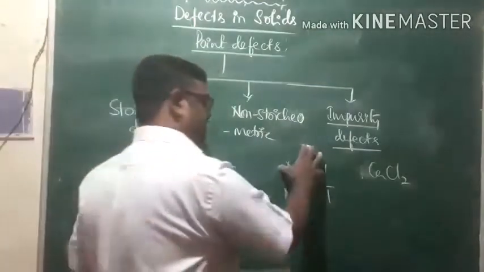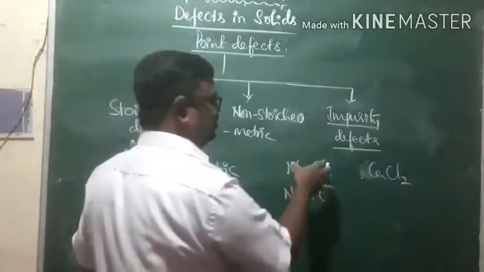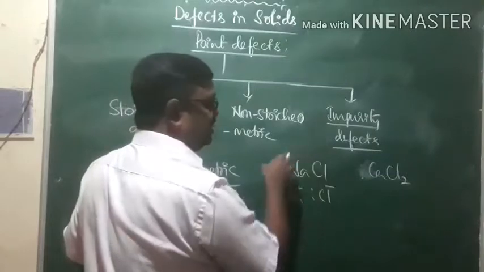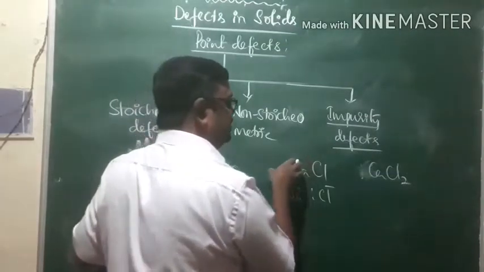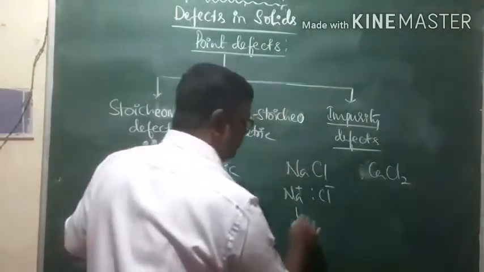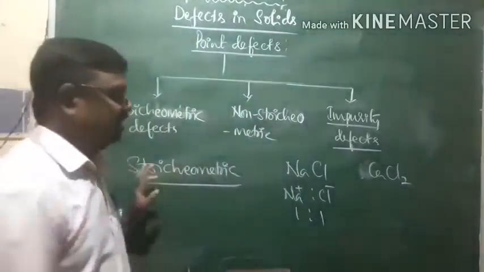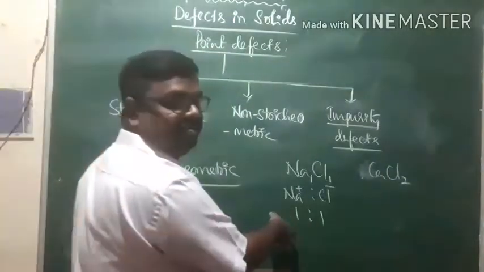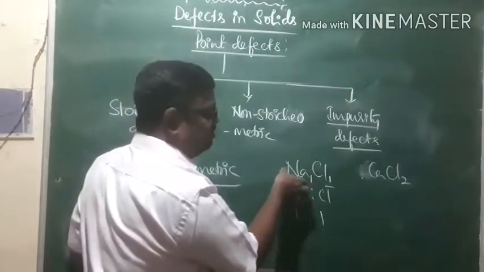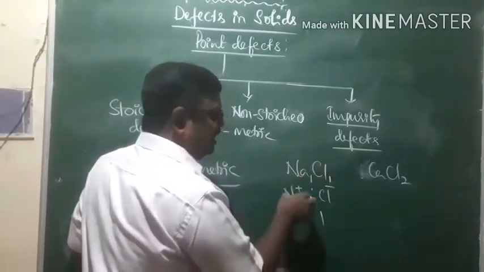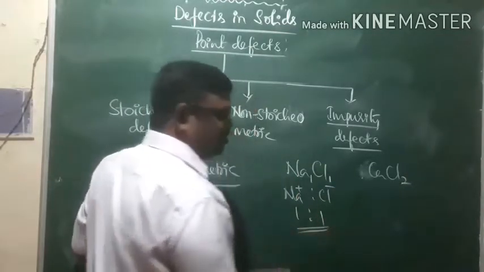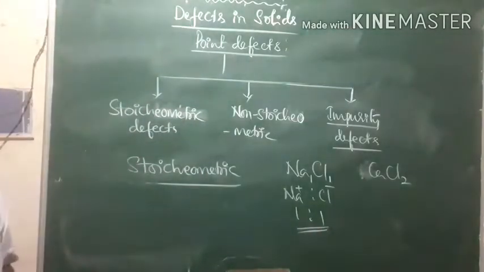So in this particular crystal, the ratio of the constituent particles, like the ratio of the number of Na plus ions to Cl minus ions, you know, is what we call 1:1. Look at that formula, Na1 and Cl1. This is the ratio of the constituent particles of sodium chloride, or the ratio of Na plus to Cl minus ions in sodium chloride, that is 1:1. That is called the stoichiometry of elements in sodium chloride.